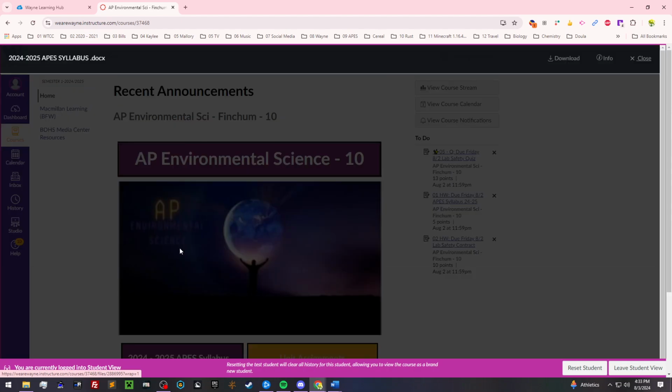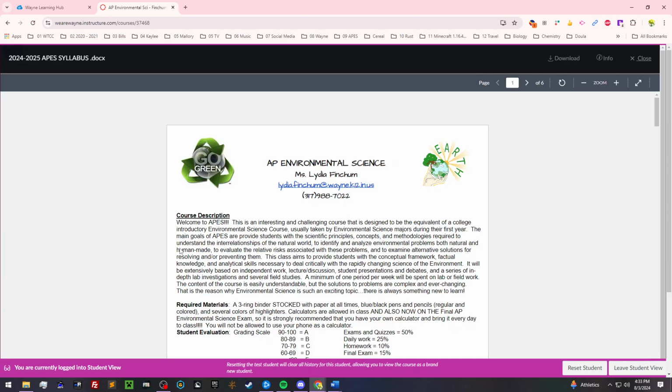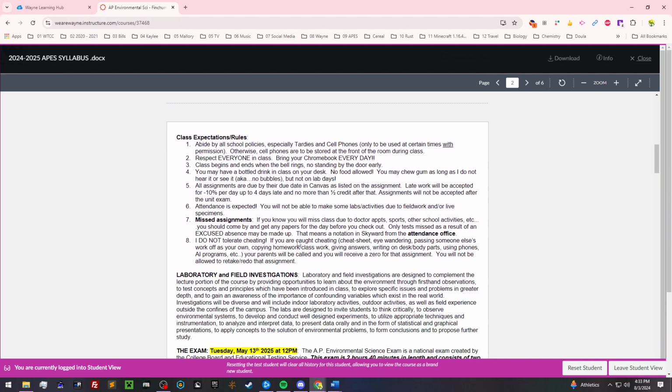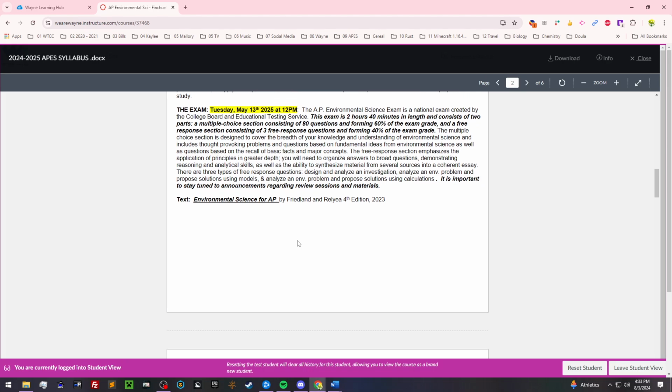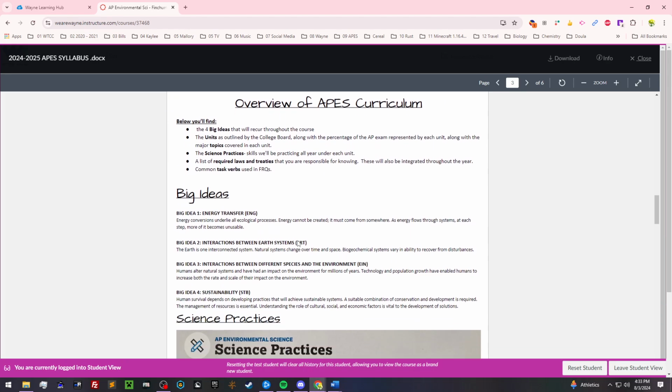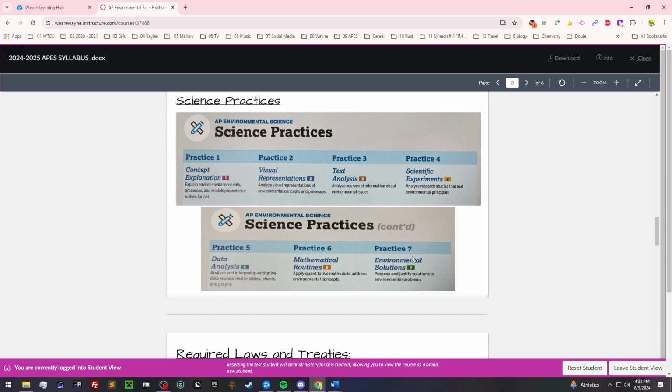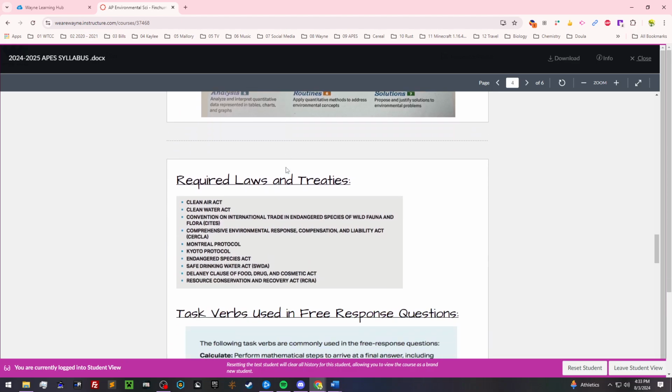The first one is just the syllabus, where it will have all the information about the course, including when to take the test, the policies, how we do lab. And if you've looked further through on the second page of the syllabus, it gives an overview of the APES curriculum, including the big idea, the science practices, and these are listed straight out of the curriculum educational design,